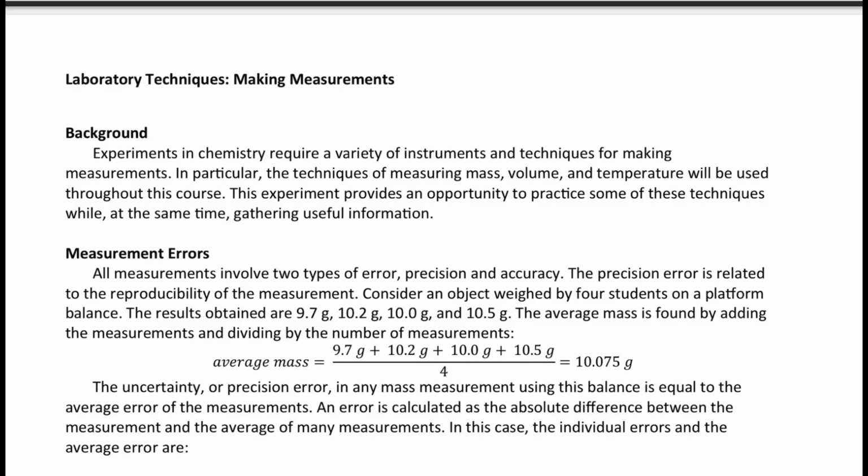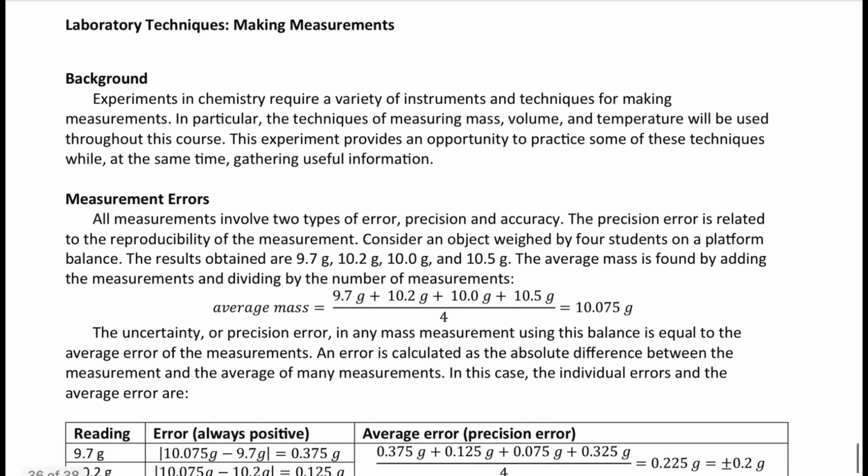So this is a video about the laboratory techniques making measurement labs. This will be our first lab. And the point of the lab is to demonstrate what the purpose of significant figures is, and also demonstrate the difference between accuracy and precision. And the way that we'll do that is we're going to measure different volumes of water and see how well